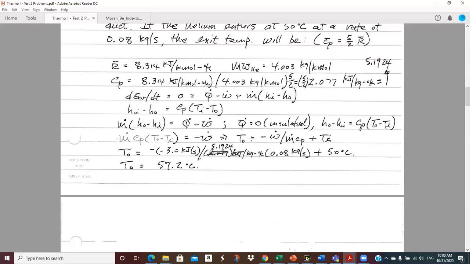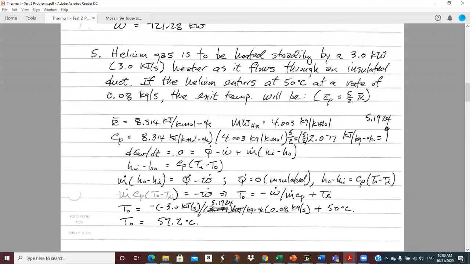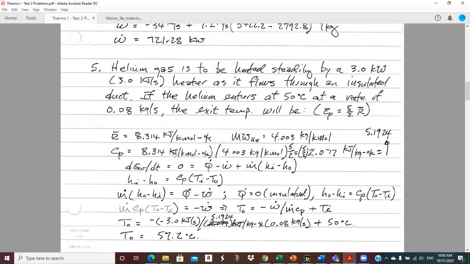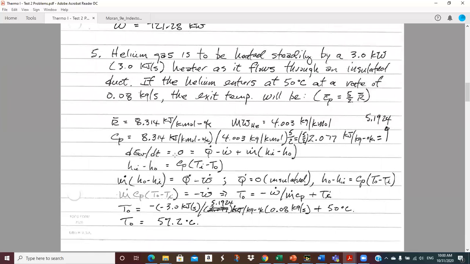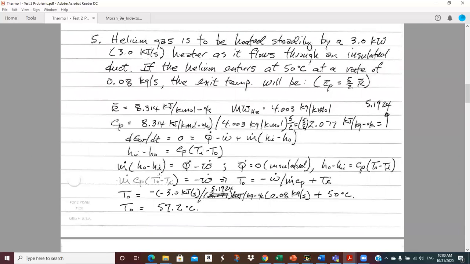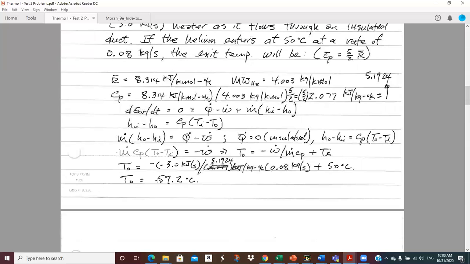and so I solve for T out. And the expression is negative of the work divided by m dot Cp plus T in. And this work is negative because it's the surroundings doing work on the fluid, so the electricity is flowing into the control volume. So it's negative times negative 3 kilojoules a second,